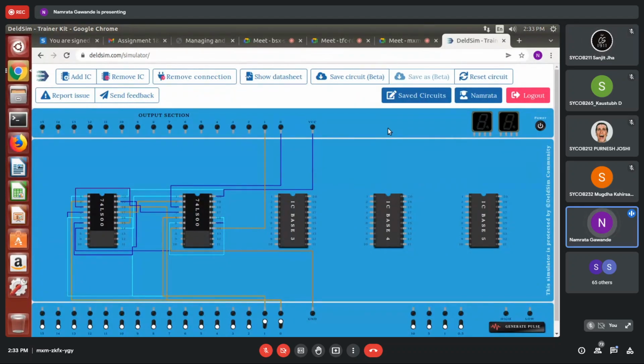Then half and full adder using universal gate. So in the universal gate, either you use NAND gate or NOR gate. It is optional. It's not compulsory. I have shown you using NAND gate. So you can also do it using NOR gate. It is optional, either NAND or NOR.